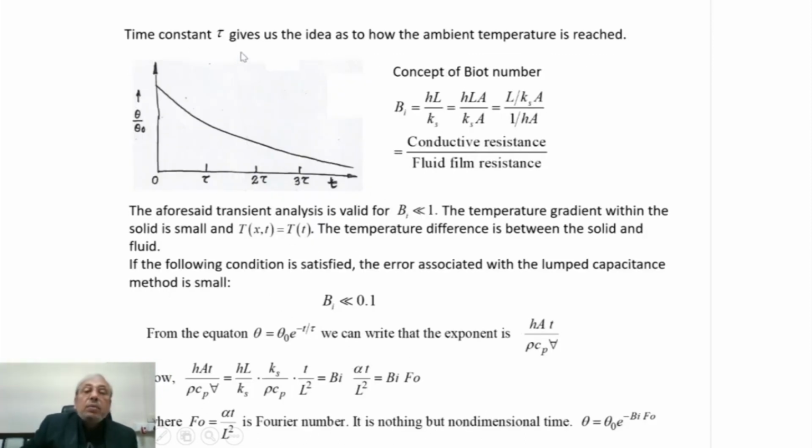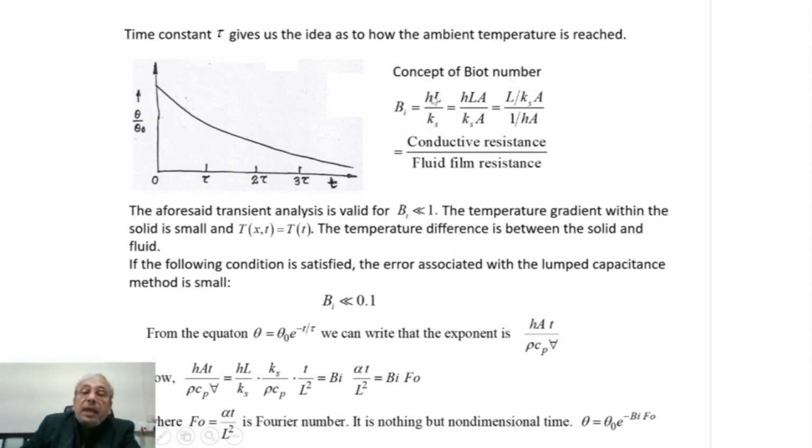Time constant tau also gives us an idea as to how the ambient temperature is reached. You can see theta by theta naught versus time. If we plot, we can see how it varies at every time constant value tau. Now, the concept of the Biot number is introduced here,